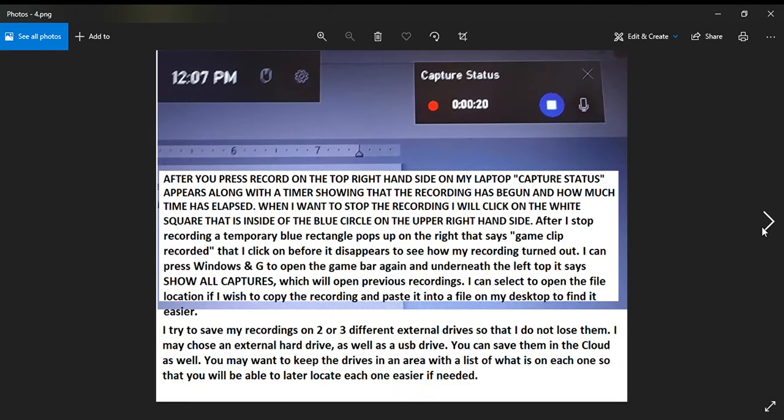So, capture status. After I press record, on the top right-hand side of my laptop, capture status appears along with a timer showing that the recording has begun and how much time has elapsed. When I want to stop the recording, I will click on that white square that is inside of the blue circle on the upper right-hand side. After I stop recording, a temporary blue rectangle that's about the same size as this capture status will appear lower on the right-hand side, and